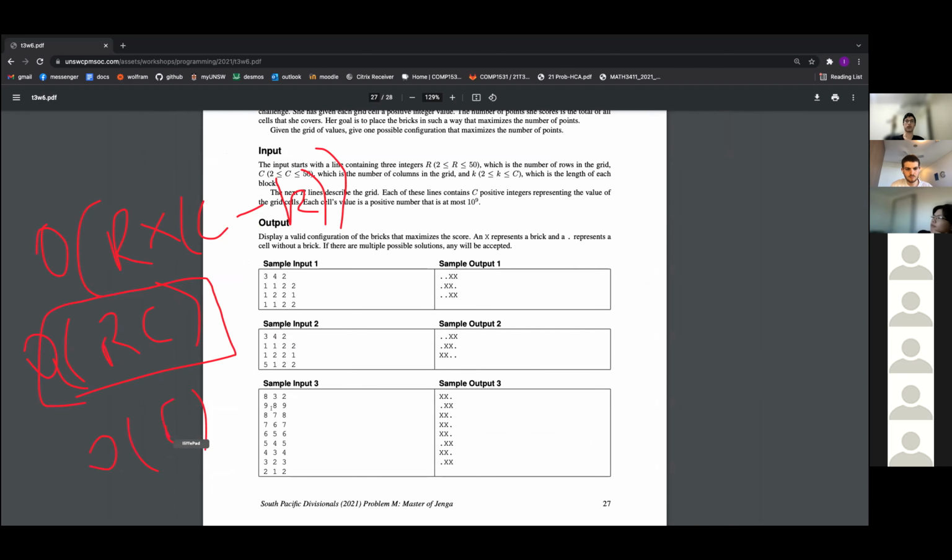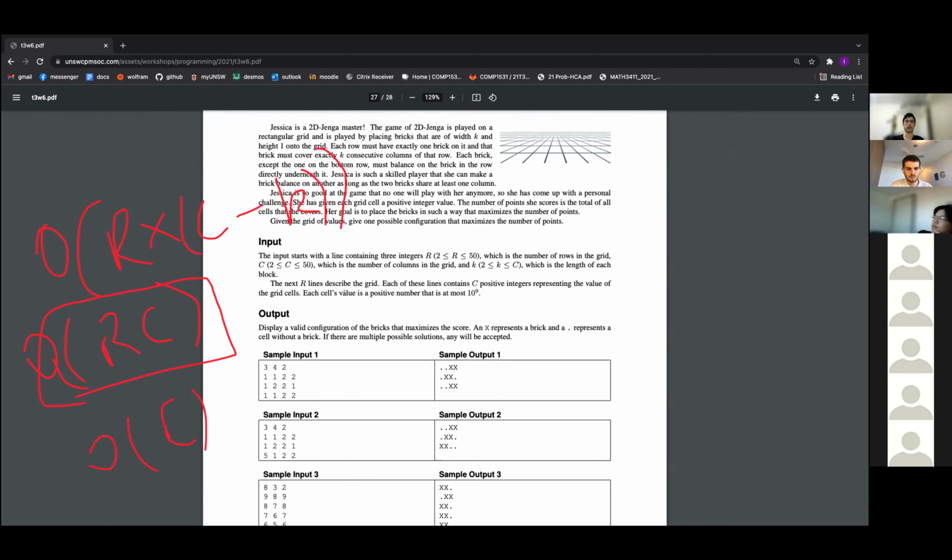You also have to compute how much that will score, so you have to compute the sum. So order C again, because you have to sum over potentially up to C blocks, or exactly K, but it could be up to C.